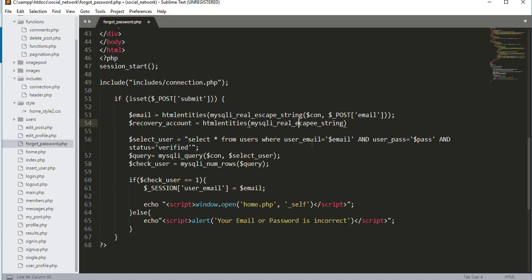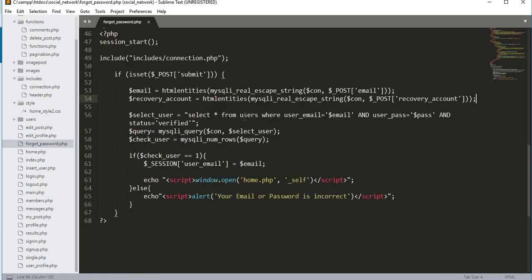Remove this s, escape, and then we will pass the connection variable, and then $_POST recovery_, and then the query will be select all from users, where user_email will be equal to $email,